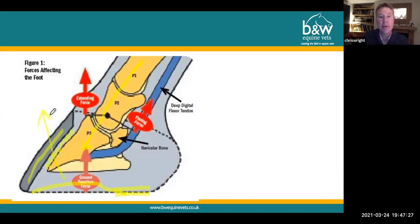What stops the pedal bone going that way is this deep flexor tendon, which is pulling it that way. So as you can imagine, there's an awful lot of tension in the deep flexor. And that in turn puts pressure on the navicular bone, which drives the navicular bone forwards into the back of the coffin joint. That's normal, but if we have an abnormal foot conformation, those tensions can be that much greater